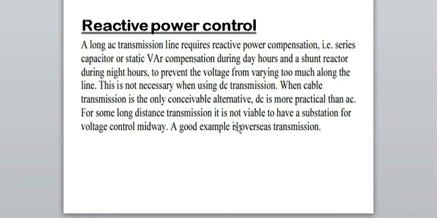Also you can see here, in AC transmission, if you want to maintain the voltage level, we keep voltage regulators in the middle of the transmission line. In a DC transmission line, such substations are not required. We can transfer power over a long distance, with no need of any substation in the middle of the transmission line. That is also one of the advantages of DC.